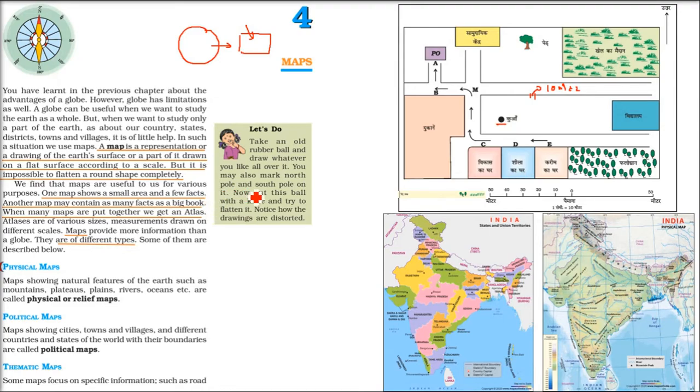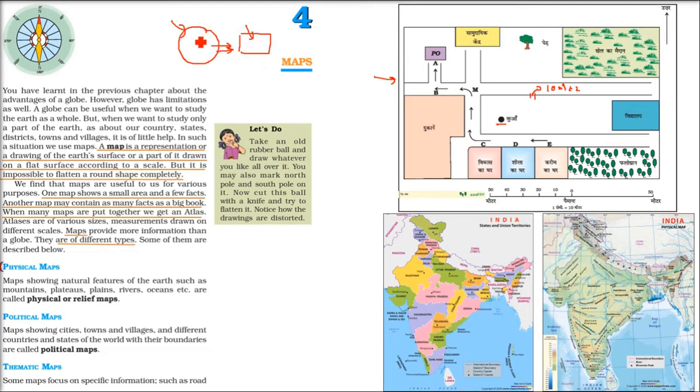Now let me start with the map. A map is a representation. It's a drawing. You take some part, this is your community part, or you can take the whole earth. There are different projections, like the polyconic projection. We use the polyconic projection. Because of this projection, we can put this round earth in planar form, that is map form. Right? There are different projections, and that projection can be utilized to put this round earth on a paper.